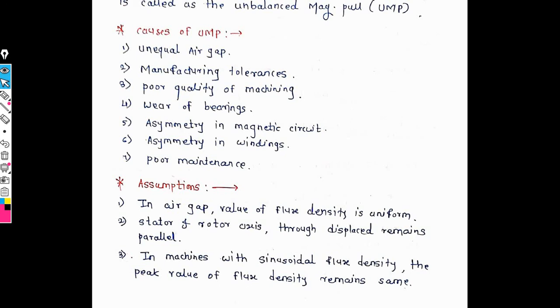At that instant, displacement of the rotor is very important, because the rotor is always moving in the surrounding of the stator. Then also the machine depends on flux density. That means the ratio of the maximum flux density, and the maximum flux density remains the same. Now these several assumptions are very important in an induction motor. Now this is the overview of the unbalanced magnetic pull condition.